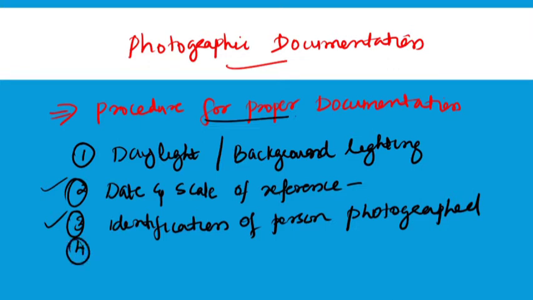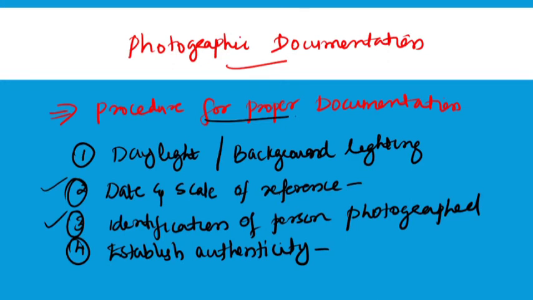And the fourth thing is to establish authenticity. Two elements are necessary to establish authenticity: the first one is to record every process done from capturing the image to presentation in court, and the second is to protect the captured image with backups to prove that it is authentic.